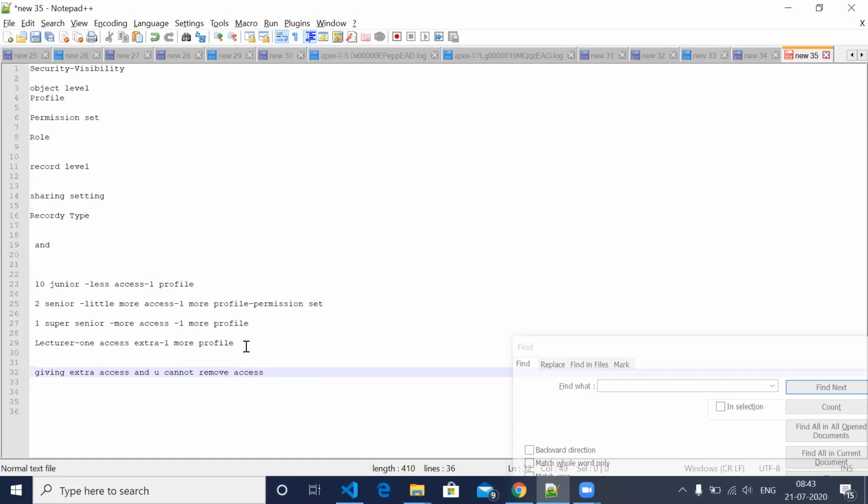Like in a profile, if you gave access to the account object, you will not be able to revert it in the permission set. What you can do is, if you want extra access, you can give it. If you want to remove that access, you have to remove it from the profile only. It's always permission set for giving the extra access.